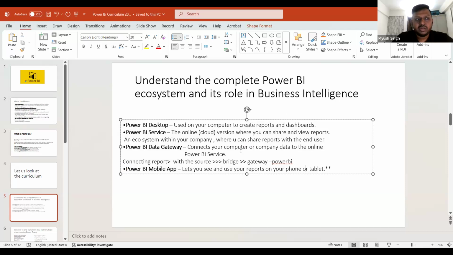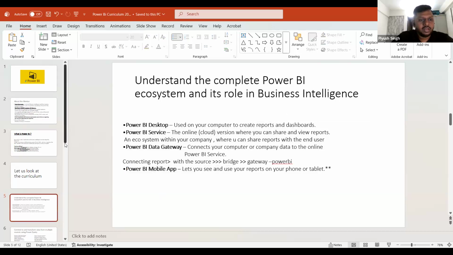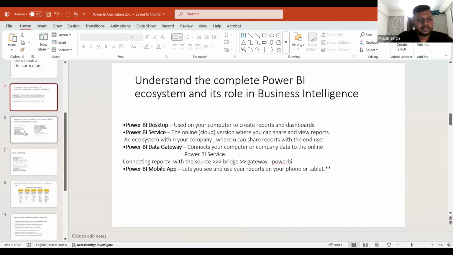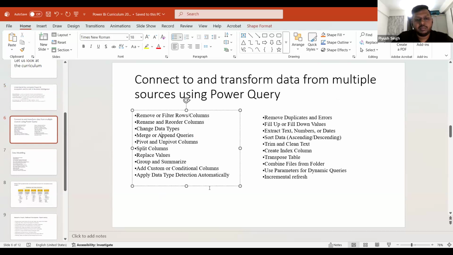Simply, whatever reports you have built, you are going to publish them. You are going to update the app. But still, it is important for you guys to know for the purpose of the interview how to use this Power BI mobile app. So I'll teach you guys, right? Come on, let's come here. So this is Power BI.